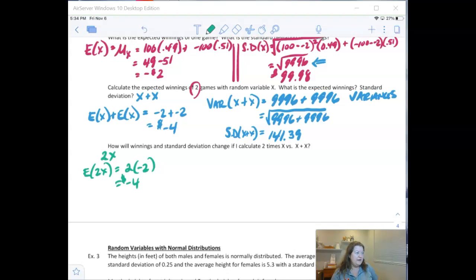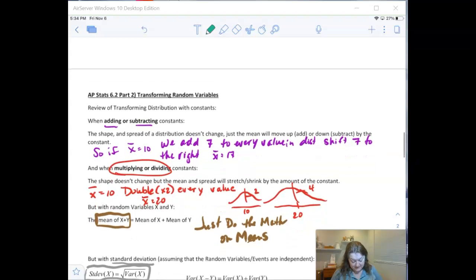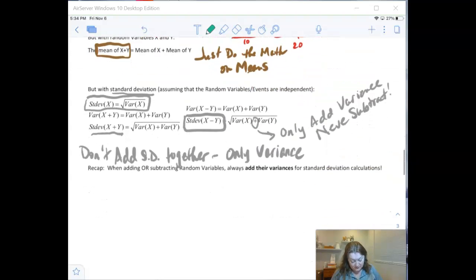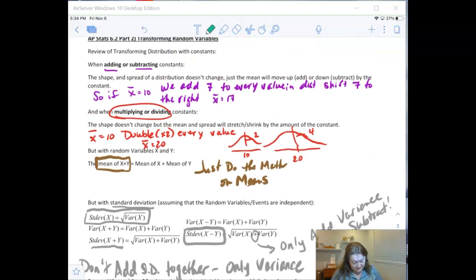All right, so what about standard deviation? Well, we know we have to go back to variance, right? Or do we for standard deviation? Do you remember what we did? Let's go back and look. Yes, here we go. So for standard deviation, if we're multiplying it by a constant, it is totally fine to just